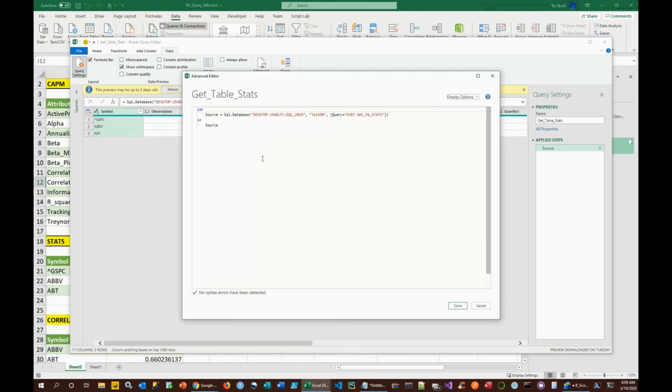When you click there, you will see this is what Microsoft called the M language, M for Max. And this language lets you do all these steps in PowerQuery. It adds new lines for every step you take. So as you can see over here, it only sits at the source step. And my query name is get table stats, as you can see over here in the properties pane. So what I can do is just copy this,